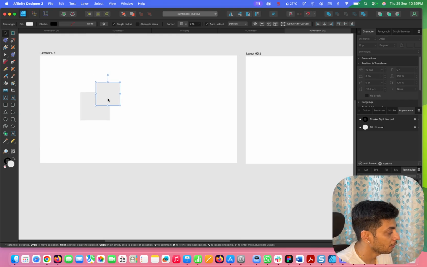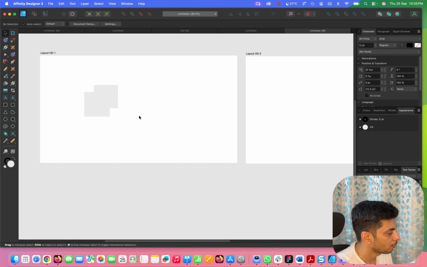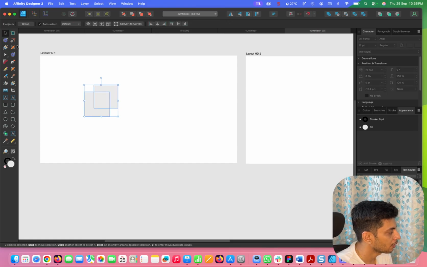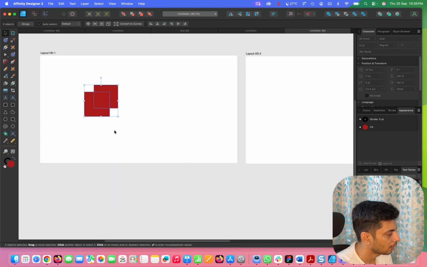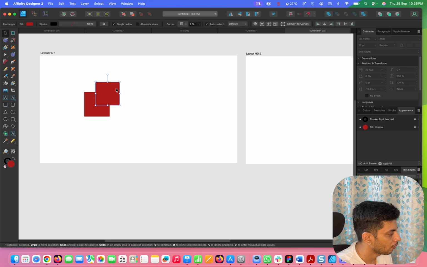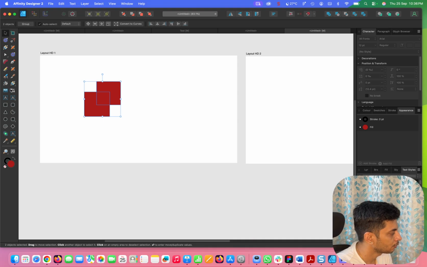So yes, thankfully the smart shape building option is there in this tool as well. So you select both the shapes, and you will, let's say, give them some color and close it. And then what happens is you select both of them and you go to, there is this tool called